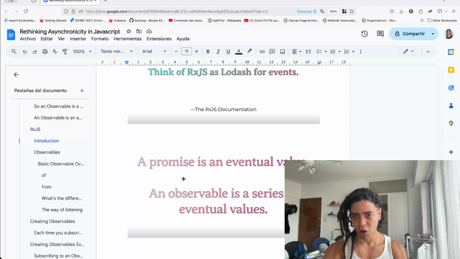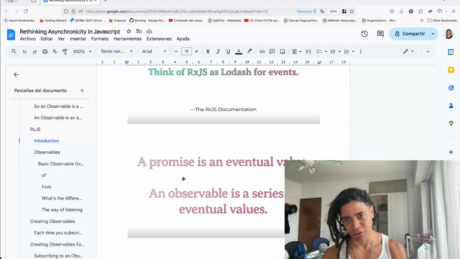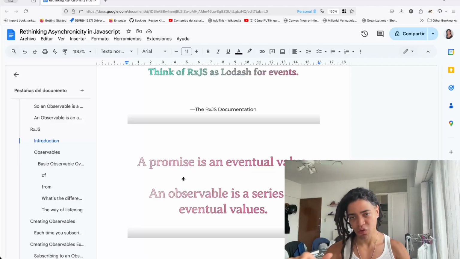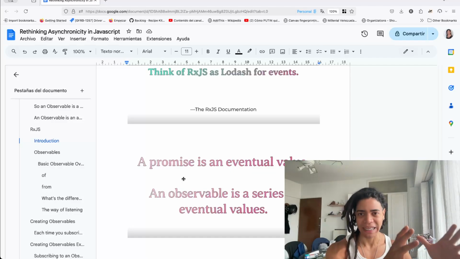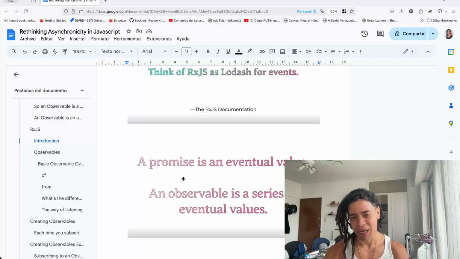For example, callbacks and timers, which are not native to JavaScript; they are provided by the web platforms where they run. So when you write your synchronous programs or applications in JavaScript,